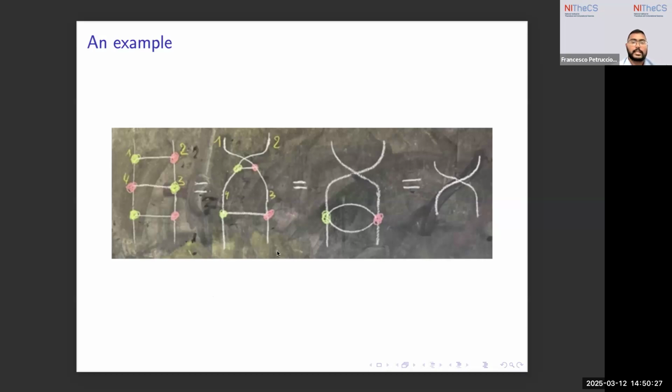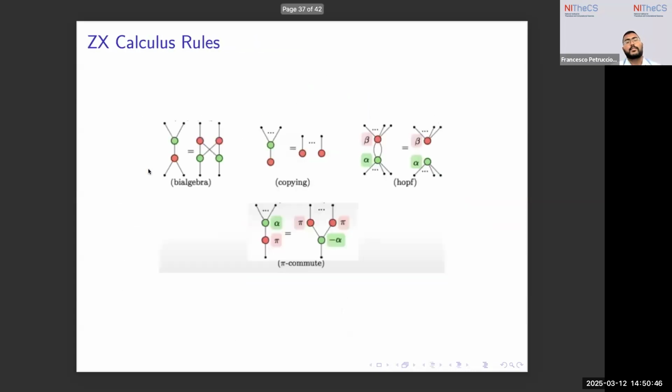And the way to prove this is to look at your diagram. I'm not going to explain in detail now. In next week's talk, I'll go through this in more detail, as well as other examples using ZX calculus. But basically, if you look at the top square, you can rewrite it using the bialgebra law,